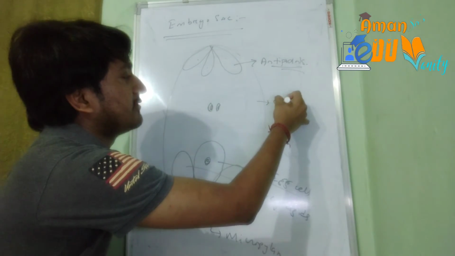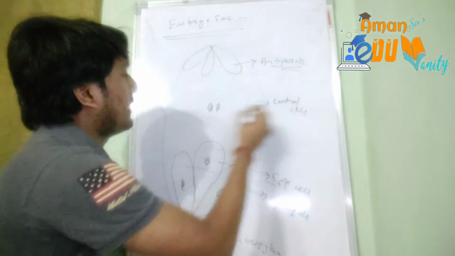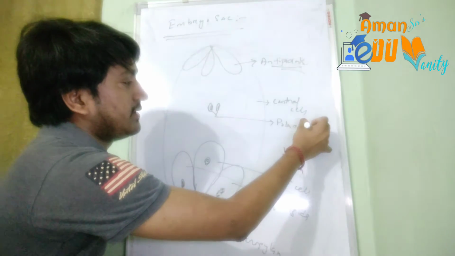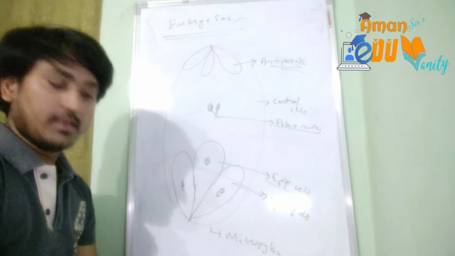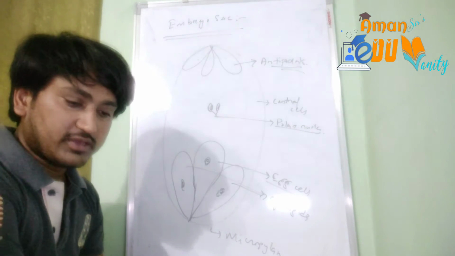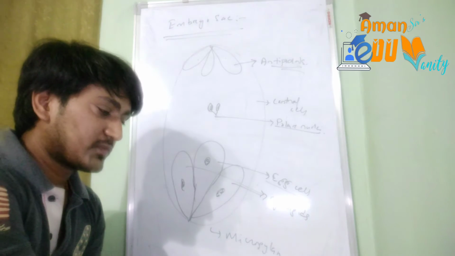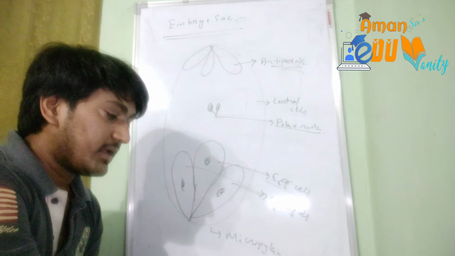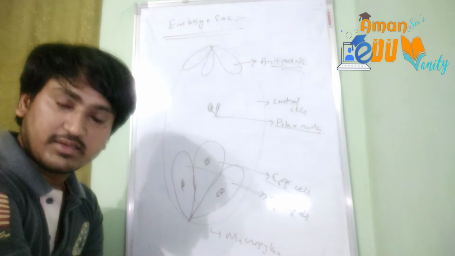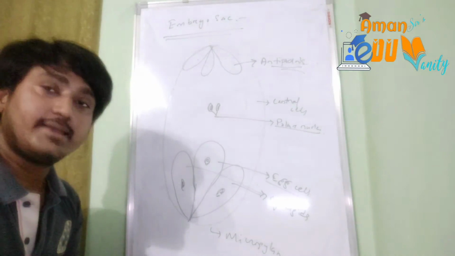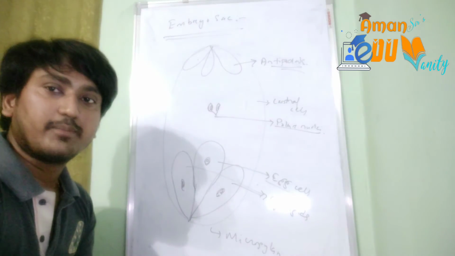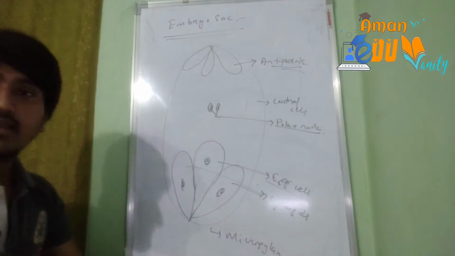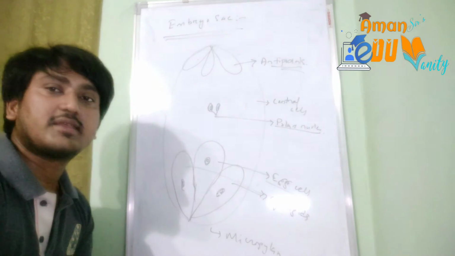This one is called the central cell, and these two nuclei are together called the polar nuclei. Okay, so the central cell has two nuclei called the polar nuclei. Each of the cells has its particular role. The synergids guide the developing pollen tube, which enters into the ovule through the micropylar end, where the male gametes are carried. So the synergids guide them.